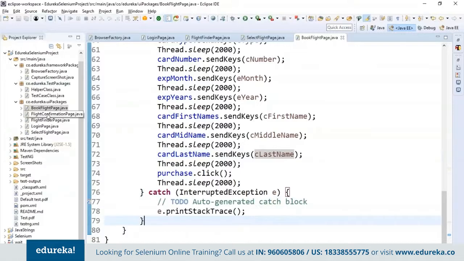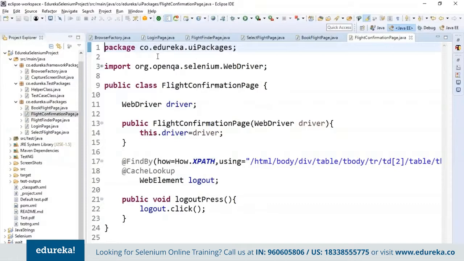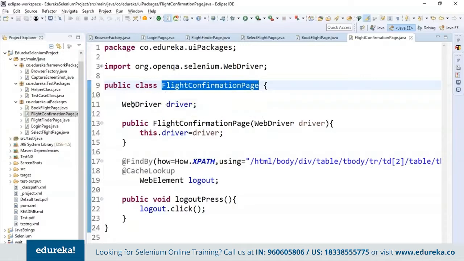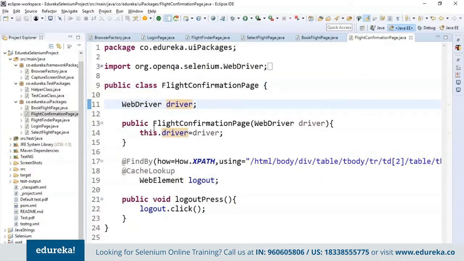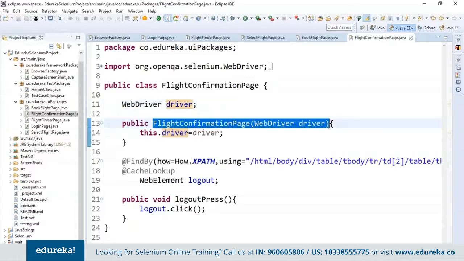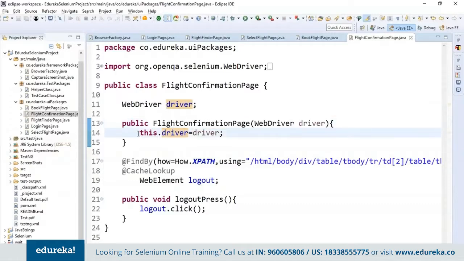Now let's take a look at the flight confirmation. This page basically helps in logging out of a web application. Even this program comes under the package UI packages, under which I'm going to create a class called flight confirmation page, where I'm going to declare the WebDriver and create an object of the same, and I'm going to call the same flight confirmation page and pass the argument WebDriver driver, under which the instance of the WebDriver is specified,